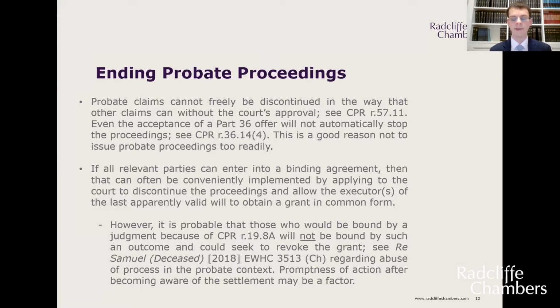One drawback of this, if you've gone to the trouble of notifying someone under Rule 19.8A, they're probably not going to be bound by this, even if they would have been bound by a judgment at trial. I've mentioned a case there which deals with abuse of process in the probate context generally. I think in that case, the person who was trying to relitigate was actually a party. They hadn't just been notified, but they'd been a non-responsive party. They hadn't done anything in the proceedings. So they were in a similar position to someone who's been notified under 19.8A.